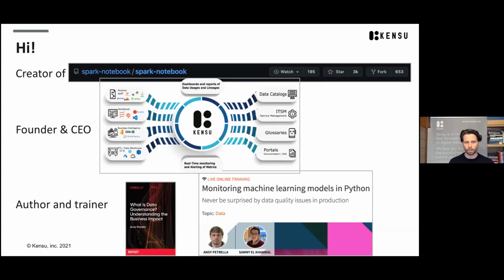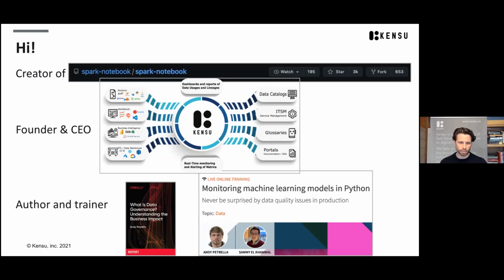During that time, I learned a lot about what was missing in the data landscape. That's why I created a company, Kensu, pronounced Kensu, for Ken and sustainability, where we create a data intelligence management platform dedicated to AI observability and catalog of data usages. I'm also an author and trainer.